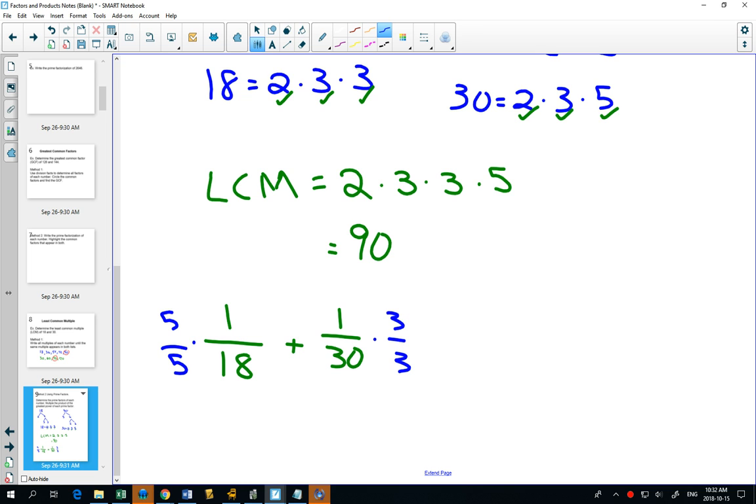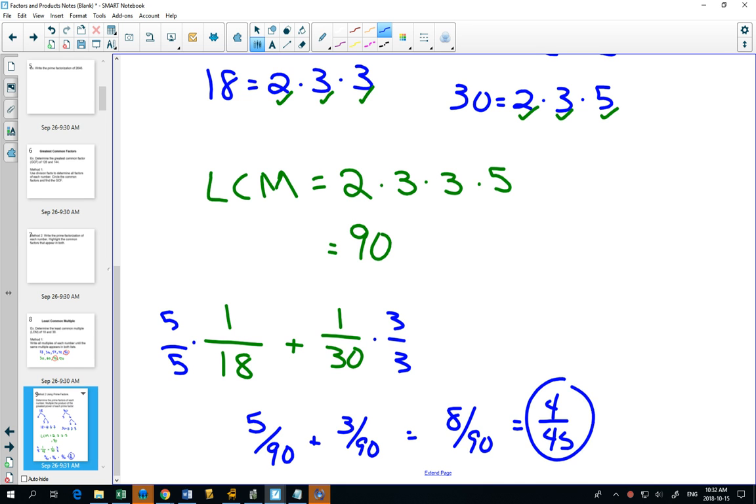So this one becomes 5 over 90 plus 3 over 90 to get my final answer to be 8 over 90, which reduces to 4 over 45. So you use the least common multiple whenever you're adding and subtracting fractions, because to find your